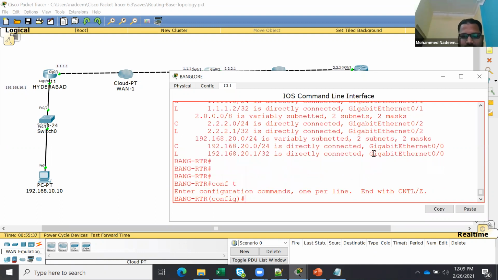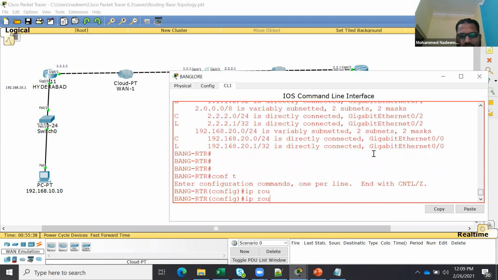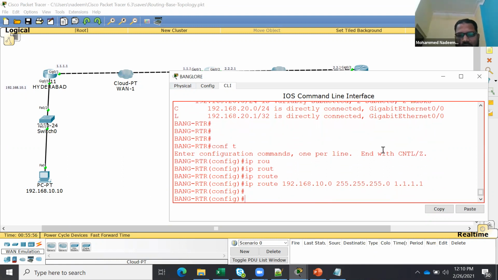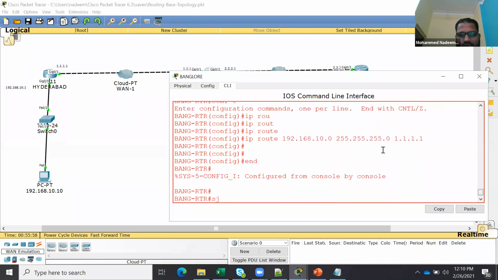Config terminal, IP route. I'm in the Bangalore router. IP route 192.168.10.0 255.255.255.0. And what will be the next hop? 1.1.1.1. Done.